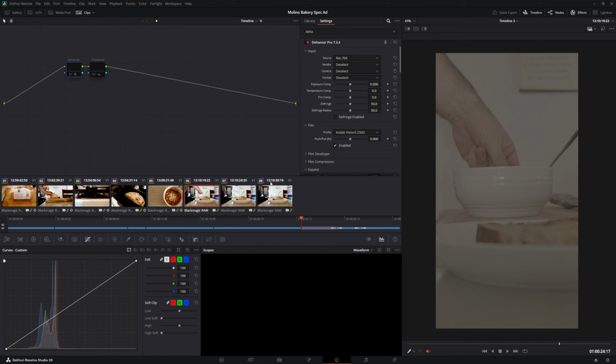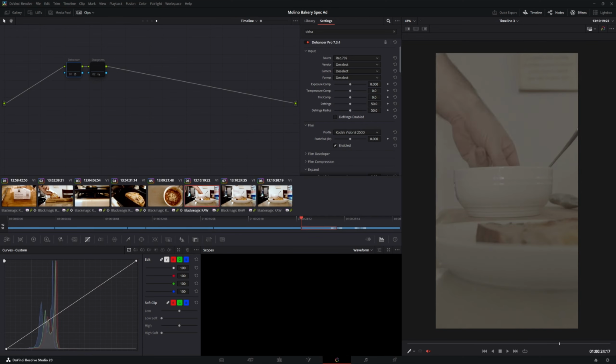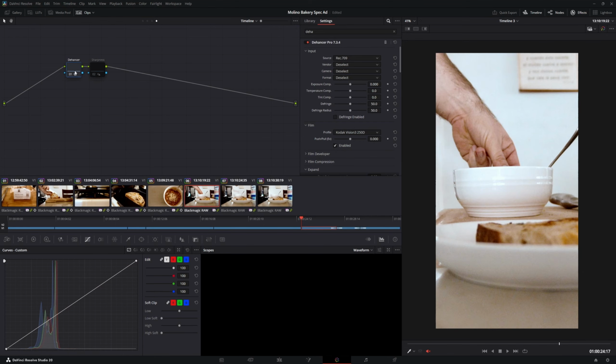So one major difference here is that these are all shot on the same camera, and this is all in Blackmagic Raw. Everything for the most part is exposed exactly the same, with maybe an exception of 1 or 2 clips, but everything shares everything, so it's safe in this case to put everything on the timeline. And the fact that I know what camera I'm working with and what it was shot in, this is going to make Dehancer the first node that we work with, where if I turn it on, we're already getting a good look from the start, because our source,